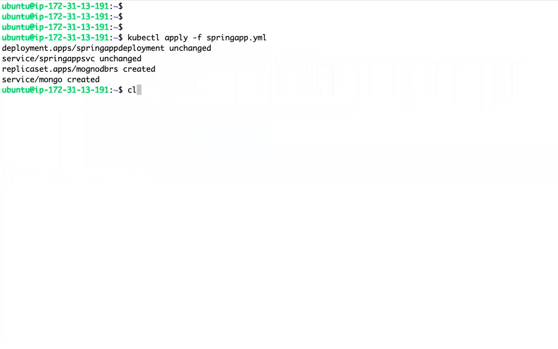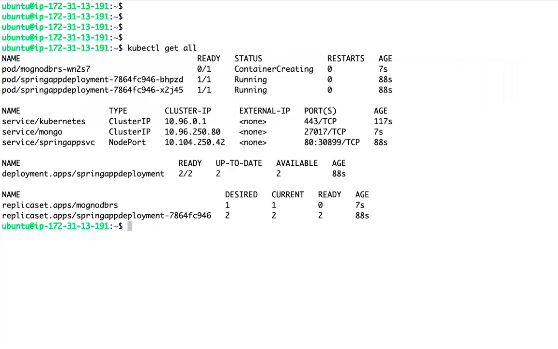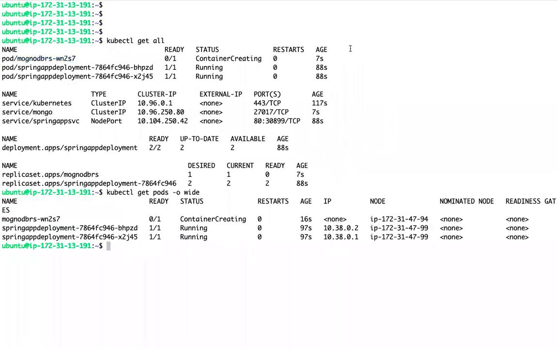Now it has been created. So my database pod is getting scheduled. Where is my database pod getting scheduled? In which node? In this node 94.